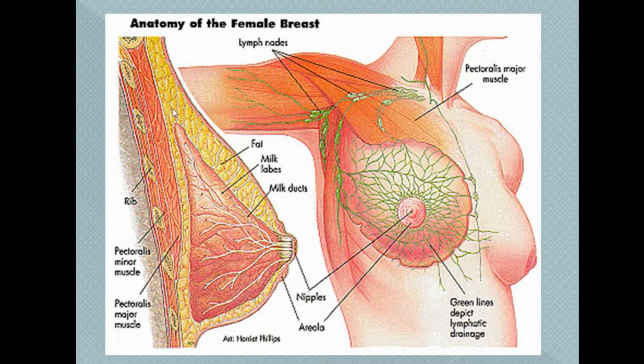Okay, so it is somewhat spherical and semicircular in appearance, and it lies on the superficial connective tissue of the anterior chest wall, and just below that there are the muscles of the pectoral region. So it is present in the subcutaneous tissue. That's why it is regarded as a type of modified sweat gland, and it is suspended by some supportive tissue from the skin, and that supportive tissue not only suspends the breast tissue but also provides the septation and the separation of the lobules in the breast tissue.